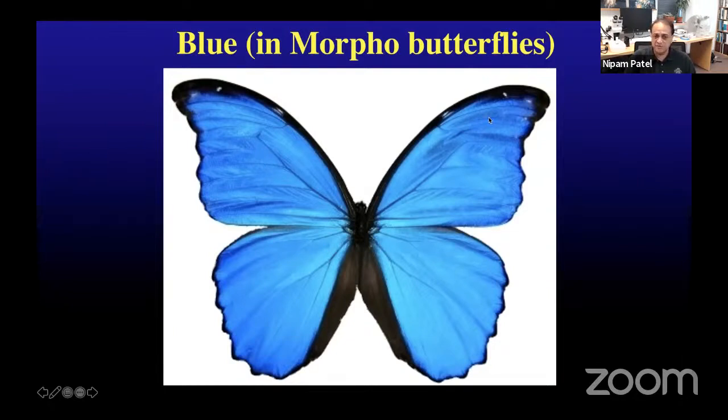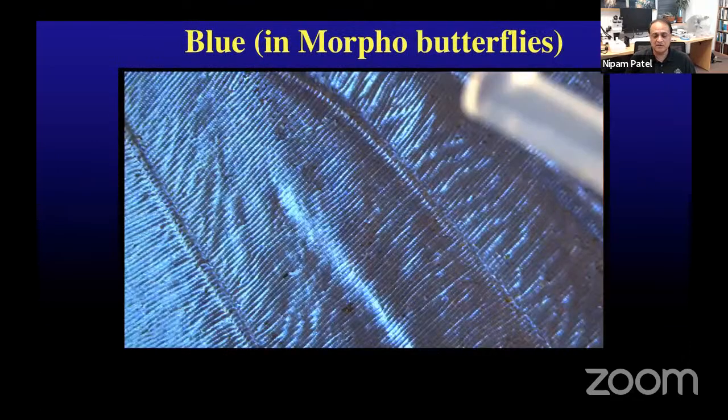So this is a beautiful structural color. There's no blue pigment in this wing. It's purely a phenomenon of light refraction. One interesting way we can illustrate this is by playing a little bit of a game with the math. What you're going to see in this movie is we're going to drop a drop of acetone onto this wing. Now, what that's going to do is replace the air in those spaces.